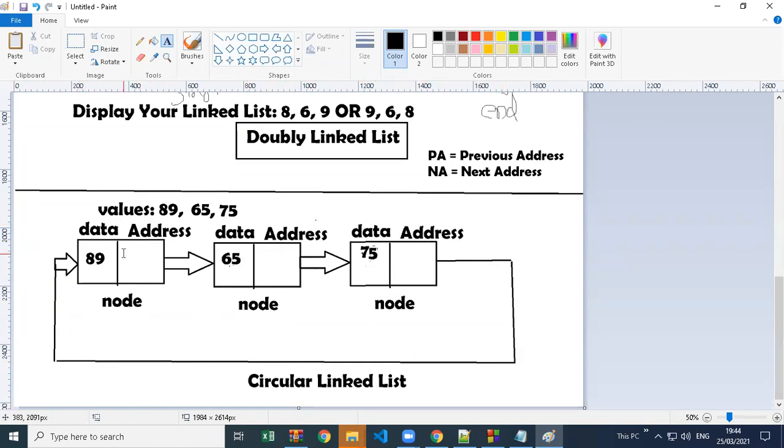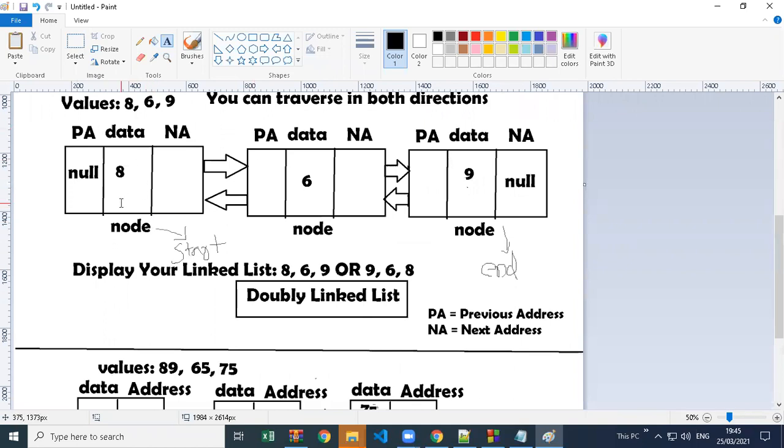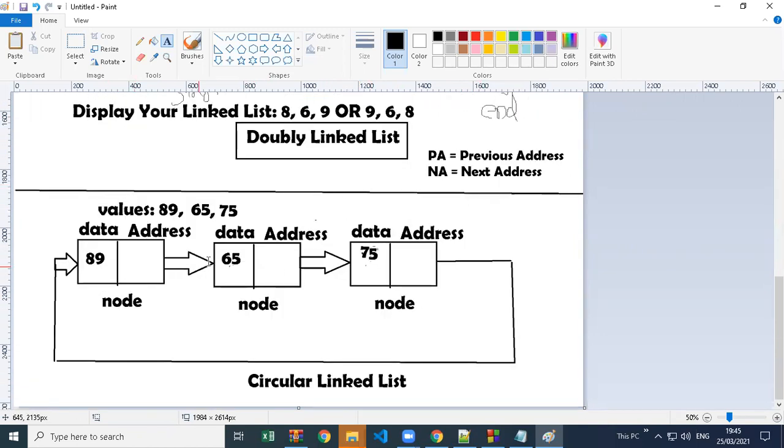No, there is no previous here, you can see. This node has an address of the next node. The next node is the first node here. So the first node has only one address, that is the next node address. The second node has only one address, that is the next node. And the last node has only one address, that is the first node address. If you are calling the first node previous, then it is okay. But when you say the word previous here, it looks like a doubly linked list. Currently it's a singly linked list only, because it is just connected to the first node again. So it became like a loop, so it becomes a circular linked list. And this is also possible in a doubly linked list. Like the first node has an address of the next node, and the last node has an address of the first. So in doubly or singly, in both you can make a circular linked list possible.